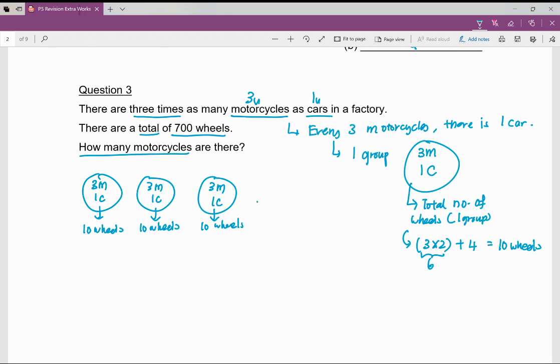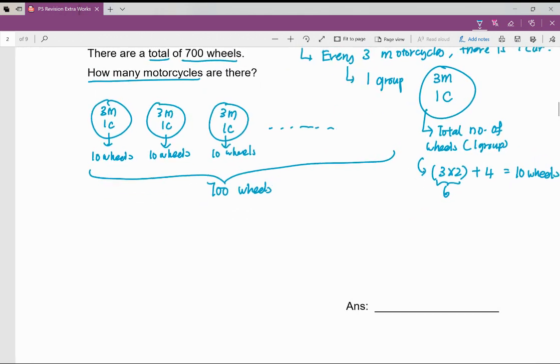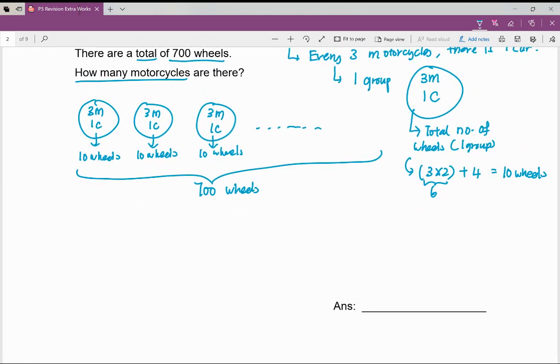I don't know how many groups there are, but I know that at the end of the day, all these will give me 700 wheels. Okay, all these groups of 10 wheels, 10 wheels, 10 wheels will give me 700 wheels. So my question to you is, I want to find how many groups of these there are. So how many groups of what in what? So I told you before, we always fill in the 1 at the back first. And since they gave us the total number of wheels, which is 700 wheels,